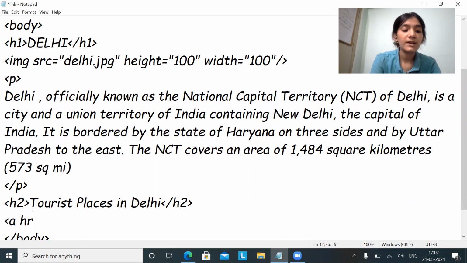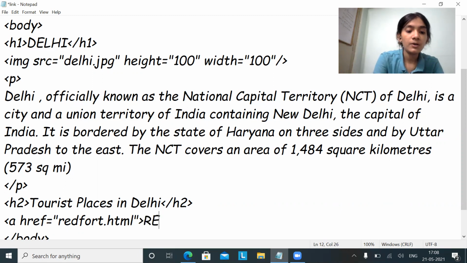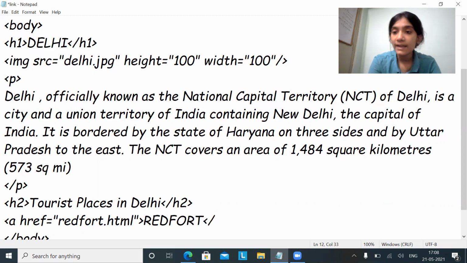Let's say one link will be about Red Fort. That link will be redfort.html, and the text which will get highlighted will be Red Fort. Okay. And upon clicking this Red Fort, you will understand where it actually goes.